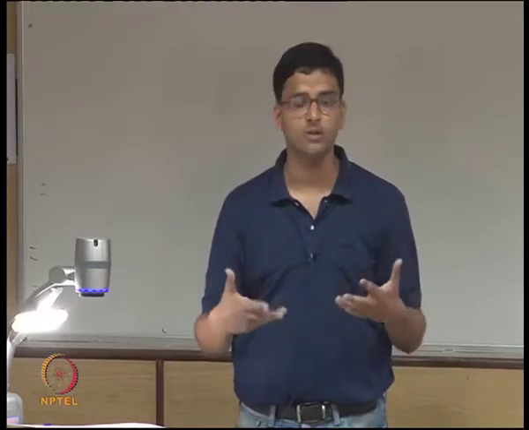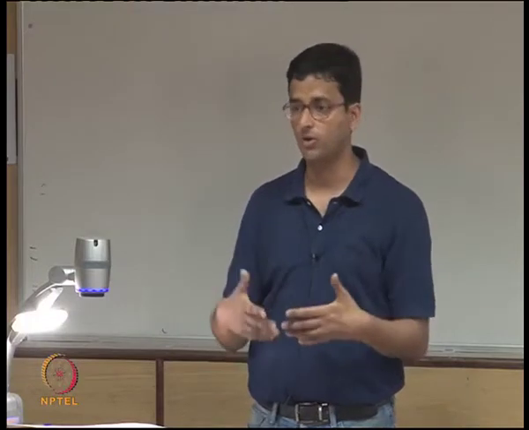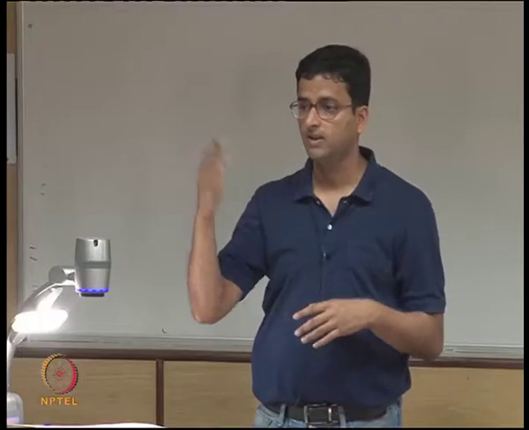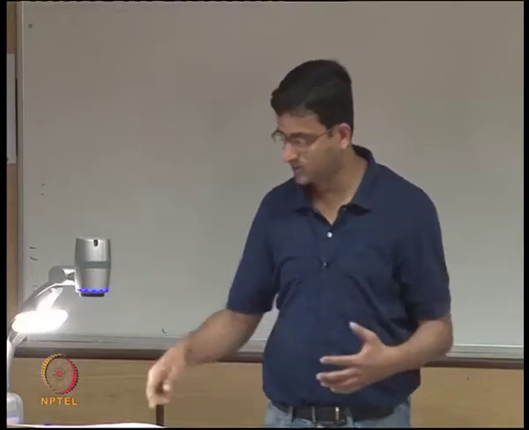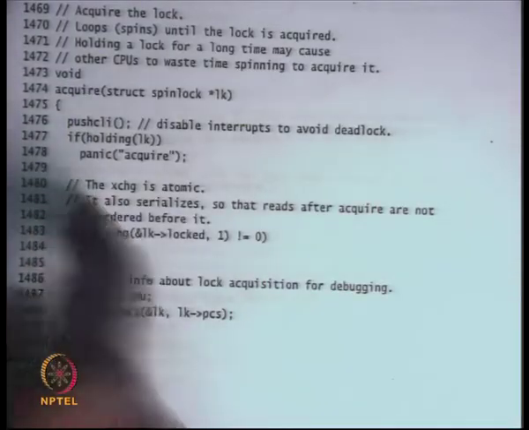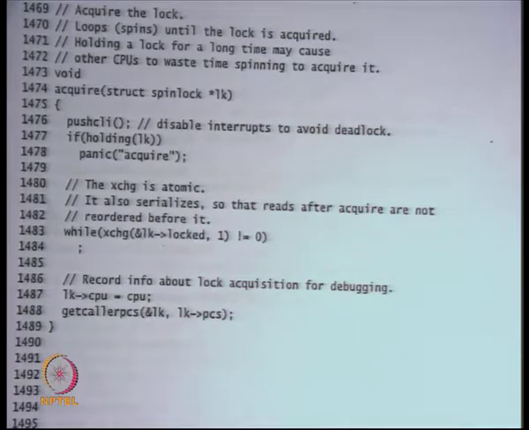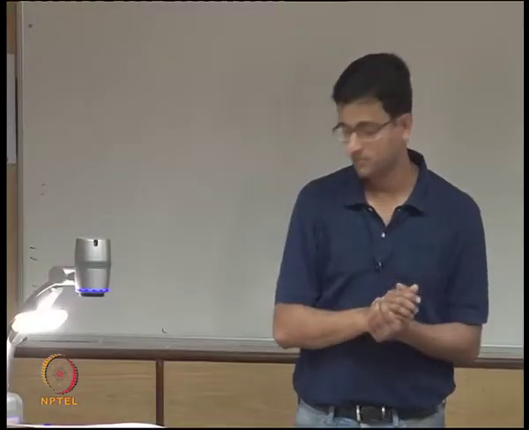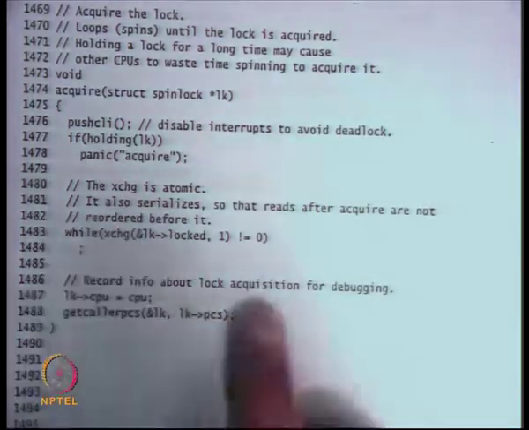Right. In general, when you write your programs, let's say you write your own kernel thread, and that thread has nothing to do with an interrupt handler. Then you won't use XV6's spin lock. You would probably want to use your own spin lock that doesn't disable interrupts, right? Because you don't care about atomicity with respect to the interrupt handler. Okay. So the interrupts are disabled for the entire length of the critical section.